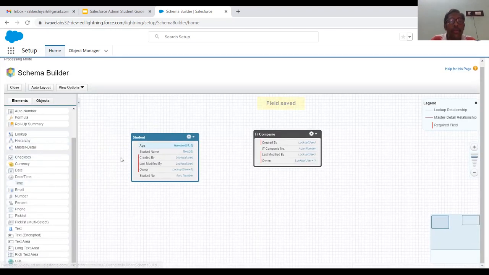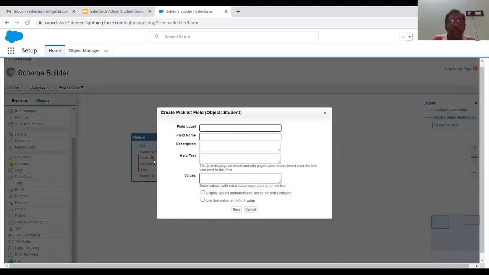Then student course, I'm going to say student course, whether it's going to be BTech or MTech, what you have studied. Now again, for example, let me have it as a pick list. Do we have pick list here? Yes, we do have pick list. Drag and drop it. I'm going to have a pick list.